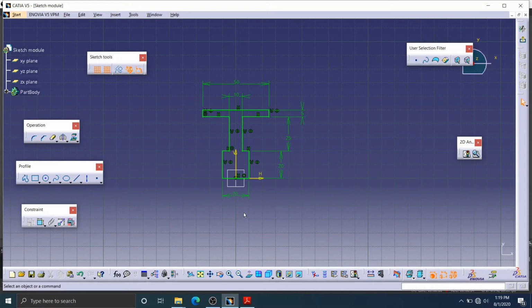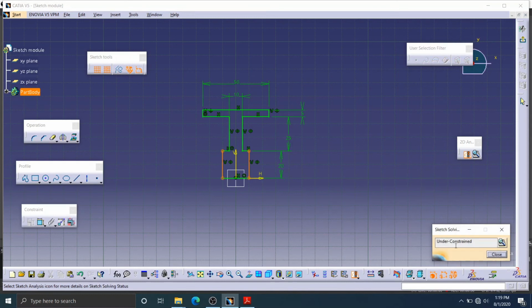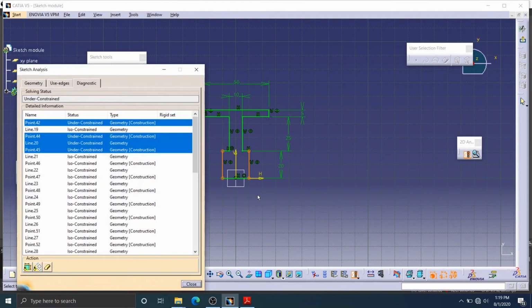Suppose I want to see where my sketch is under-constrained. If I delete this dimension, you can easily notice the line is white, so it means the sketch is under-constrained. And also you can notice here that it is under-constrained. If you select this sketch analysis, it will give the status of your sketch.